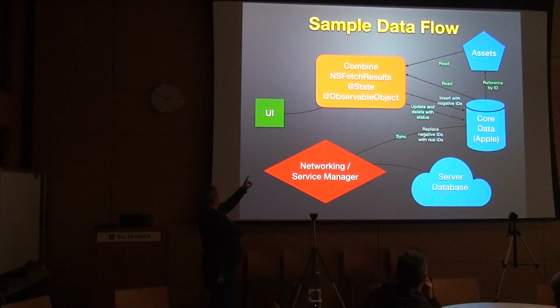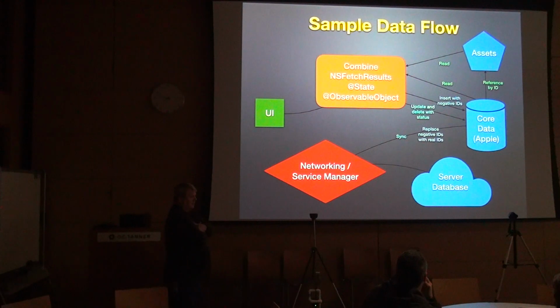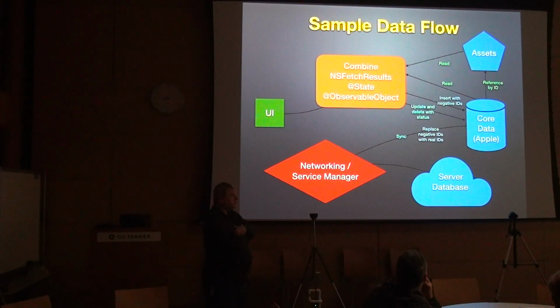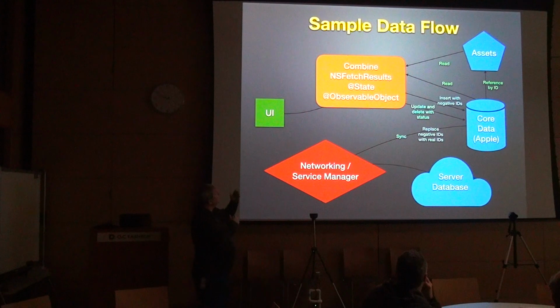Our UI is strictly dealing with our middle layer. And I'm using SwiftUI purposely because why not be trendy? So that's our bindings, our state, whatever you decide that you want to use to connect to your Core Data. So with Core Data, the back and forth is, yeah, you're reading things, and everything that you're updating, you're saving to Core Data. You're not directly dealing with networking at all. Assets, right? It's like reference by ID. What does that connection mean?